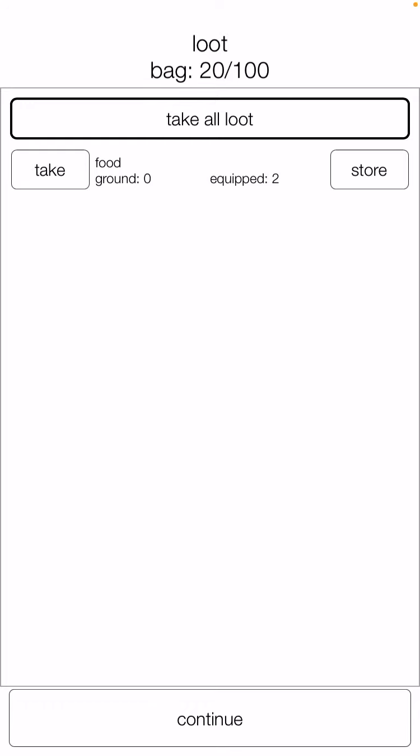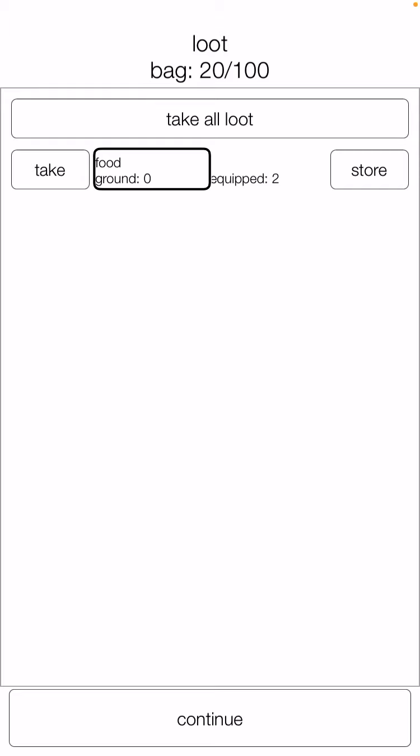Sorry, Admiral. Looks like you're going to die. Take 1 food. Button. Let's take that food. Take 1 food. Admiral's going to probably die if we take his food. Food. On the ground. Currently equipped. Food. On the ground. 0. Currently equipped. 2. Okay. Store 1 food. Button. Let's go ahead and...